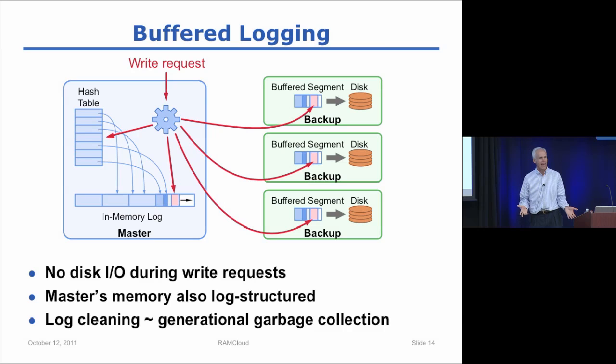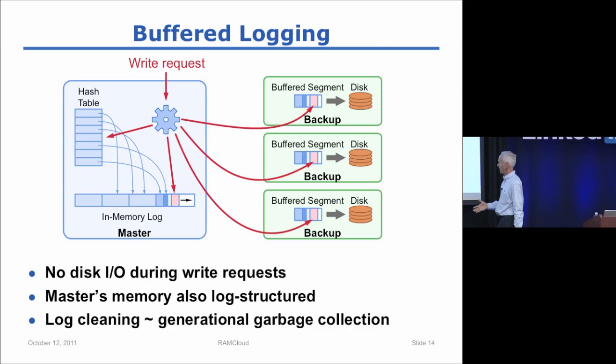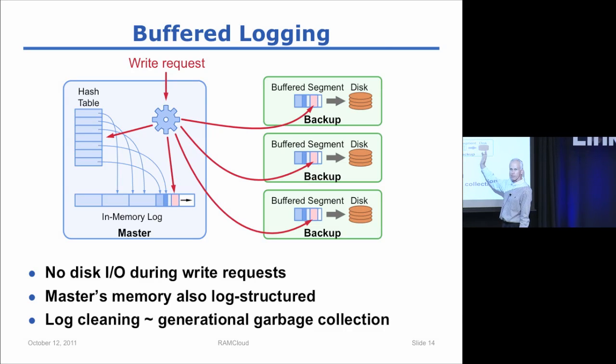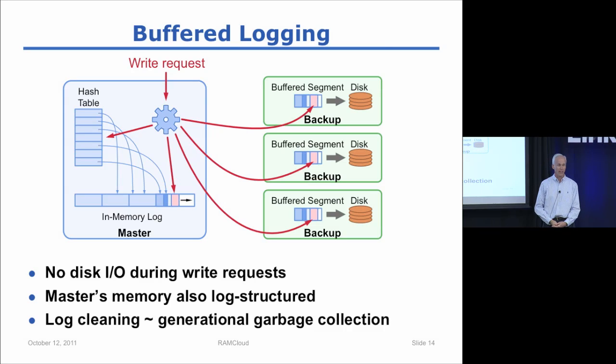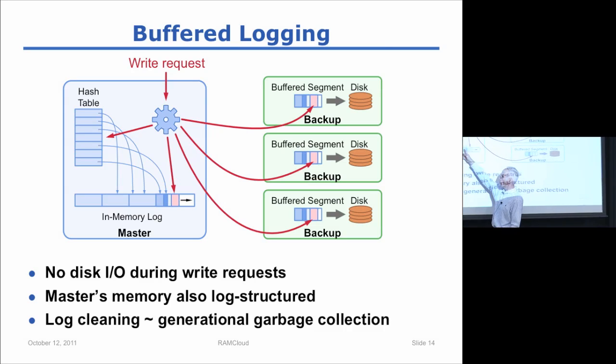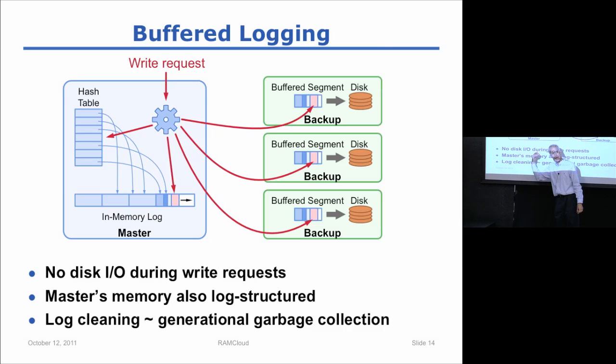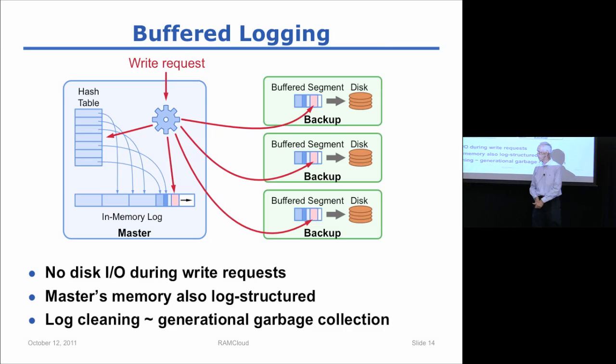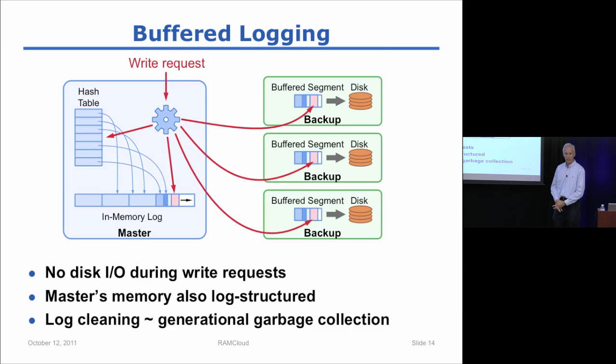Well, this leads naturally to a log-structured approach, at least on backups, where you're appending information to a buffer and then you write it out to disk. Turns out in RAMCloud, we use the log-structured approach pervasively. So the master's memory is also organized as a log, using a lot of the techniques from log-structured file systems. It means, for example, we have a cleaner that goes through and does garbage collection to reclaim space when objects get deleted, and so on. The log cleaning process is actually kind of similar to a generational garbage collection scheme, if you're familiar with the way that works. But actually, it's much more incremental and flexible than generational scavenging.